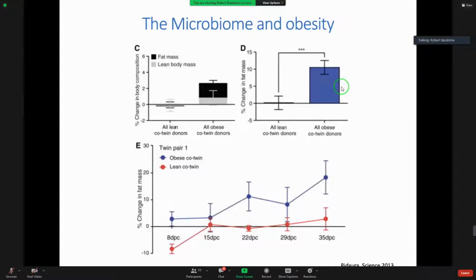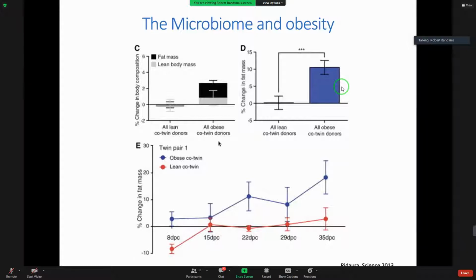But people have also done the reverse. This is a study that was done around the same time by the same group, where they looked at people who were discordant for being obese. So instead of being discordant for being wasted, or kwashiorkor in the previous study, they looked at people who were discordant for being obese. So one twin would be obese, the other would not.